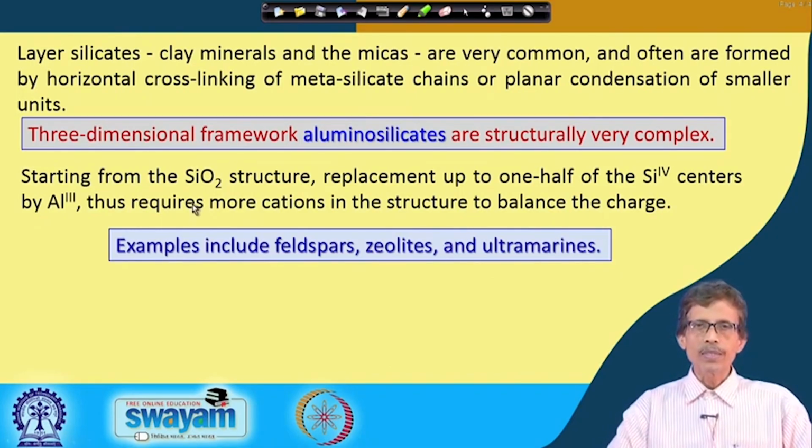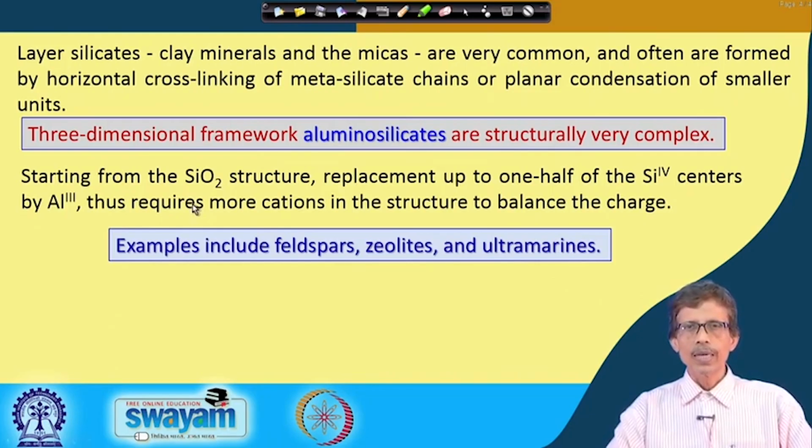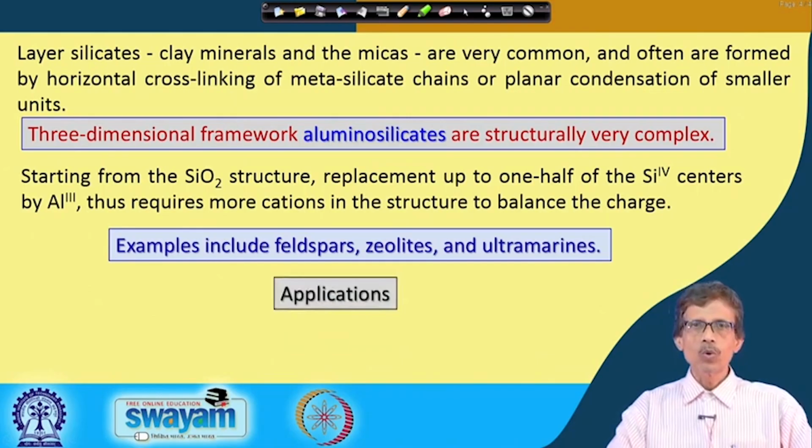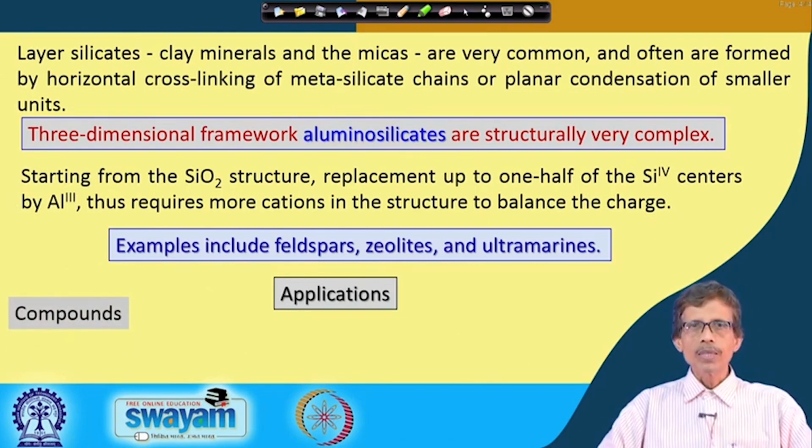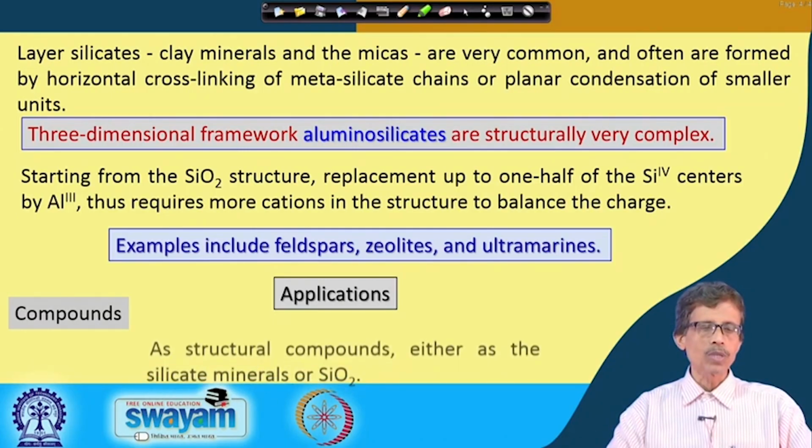So we get the feldspar structure, the zeolite structure and the ultramarine structure, but the challenge is how we utilize them, what their applications are, and how we usefully get these materials from natural sources with slight modification of the naturally occurring materials. Some of these silicon based compounds have tremendous applications in industry, and the compounds are